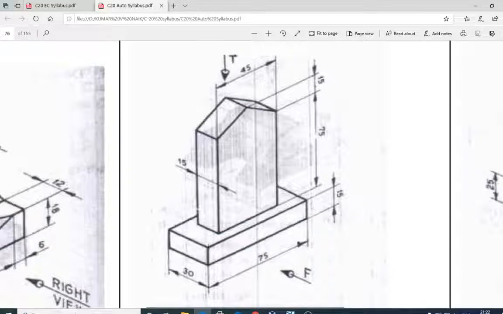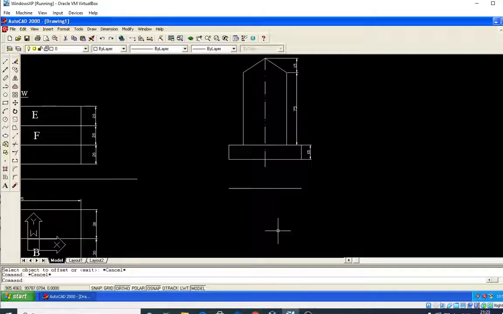And what is the size of this? When you see from the top, this rectangle's length and this rectangular length can be seen. This has a length of 30 mm, correct. Therefore I will take the offset command again: O, enter, 30 mm, enter. So here to here. Now I will take the line command and join this, and I have joined.